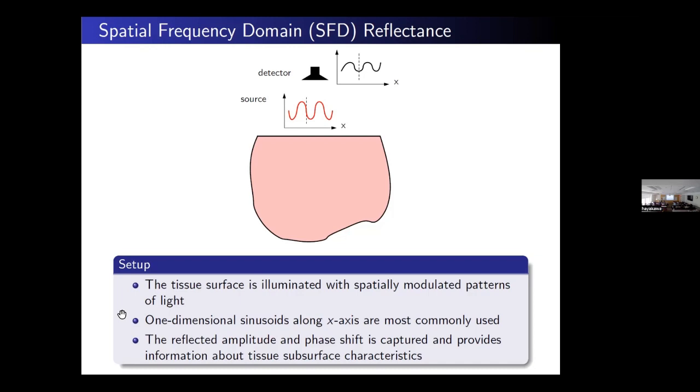At one point he used a standard projector with a slide to illuminate. Then you capture with the camera what comes out, and how the sinusoidal wave degraded in amplitude, as well as how it's shifted in phase, gives you information about the constituents of the tissue that cause that change.